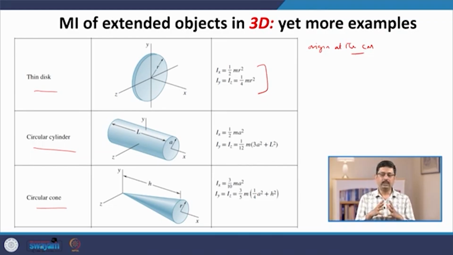That is, if you are dealing with objects which are not simple shapes like this, but a more complicated or even irregular shape, then it is not always easy to immediately guess where the center of mass is by symmetry. The symmetry argument fails. Similarly, by looking at the object, it may not be possible to guess the axis of symmetry. So, if the symmetry argument fails, then we have no way at this moment to calculate the moment of